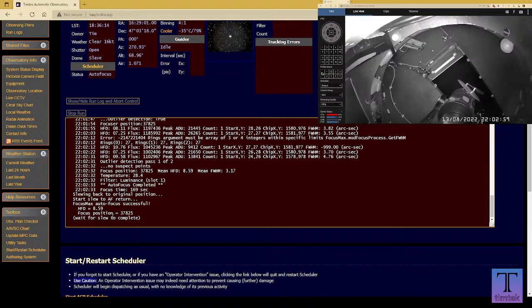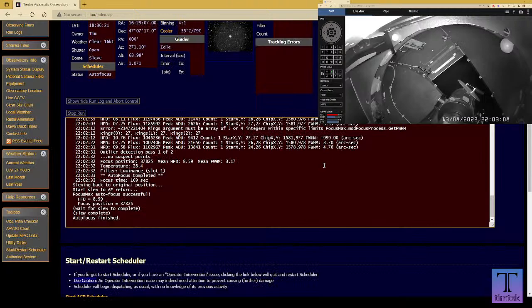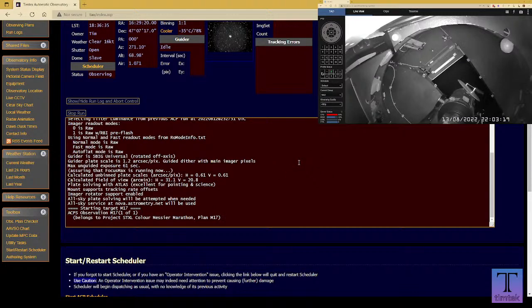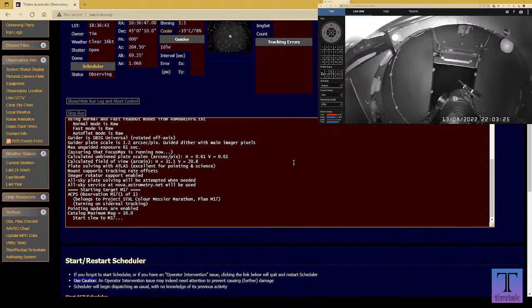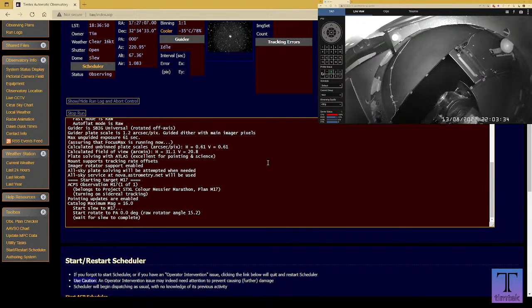Final focus position of 37,825. Now I would like to see that much closer to 100,000, so it's in the centre of the range of travel. But it's because the telescope's hot because of the weather. That 1 centimetre of travel on the focuser is only just enough for this telescope, which is a 20-year-old telescope. It's just made of aluminium, so aluminium has a pretty awful coefficient of expansion for a telescope, and so it does affect. My focus position changes significantly day to day,